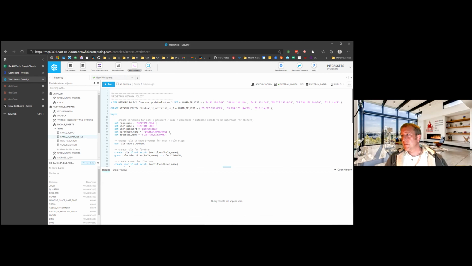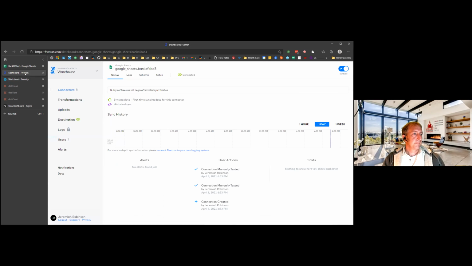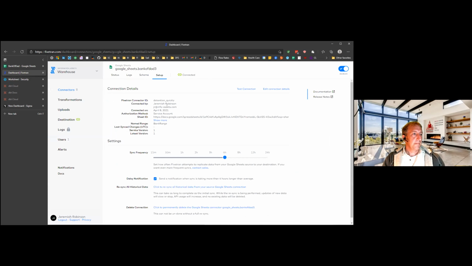Any questions or comments about that process of FiveTran getting the data into Snowflake? If you wanted to pull it or refresh it daily, would that be pretty easy to set up too? Yep. So sync frequency, I just have this slider right here. That's all it is. It's automatically set up for 6 hours.